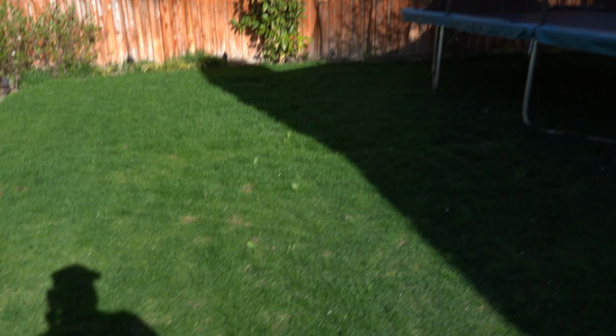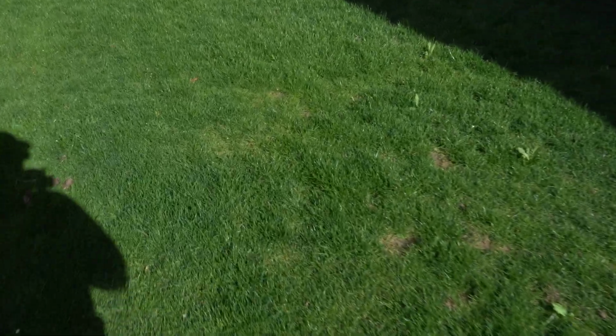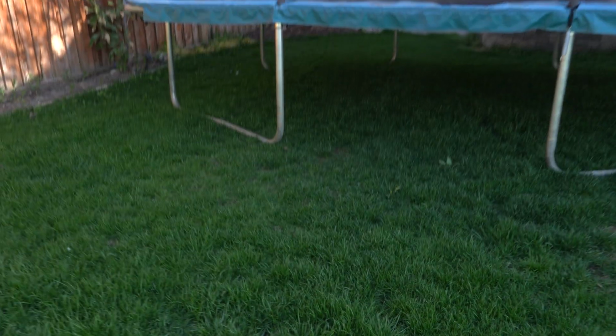Very happy. A lot of that grass is finally sprouting. I'm gonna get a good mow on here. I've mowed it once since the last time I seeded. You can see it didn't all come back together. I let a few of these spots dry out, but for the most part, I mean, look at this color,